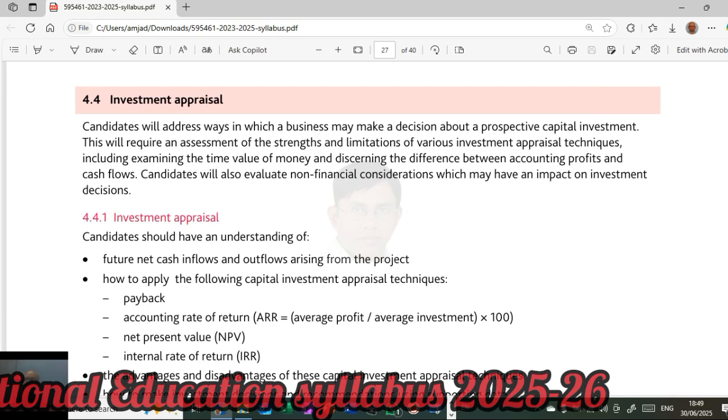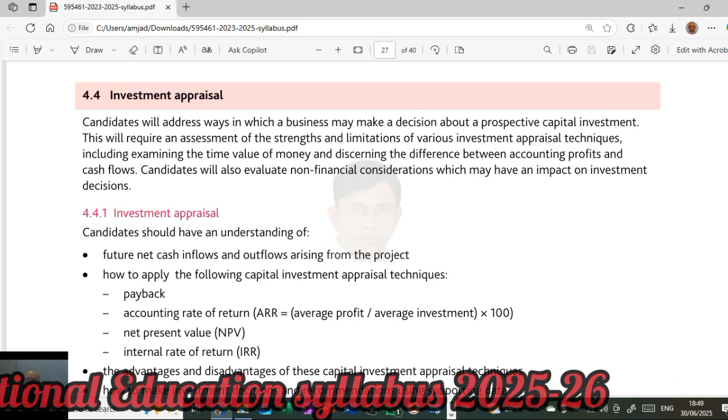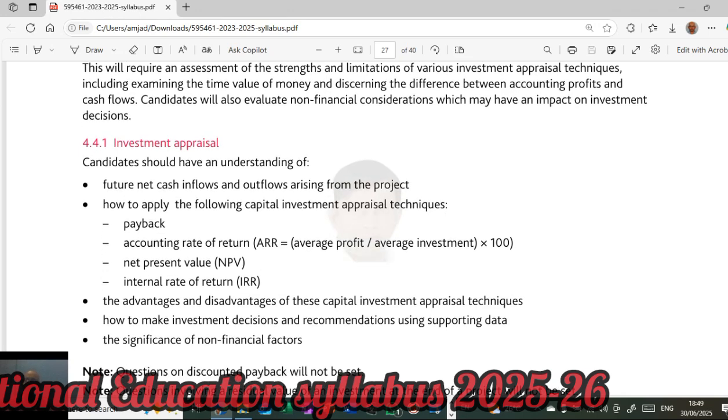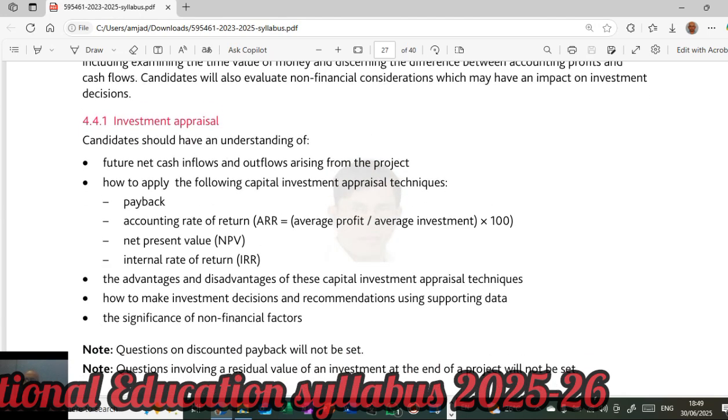It's a very important and very simple topic, but you need to understand the various concepts. You may get confused very often, but it's very simple. There are certain things known as present value, future value, and discounted cash flow, so when to discount and when not to discount. All these things you have to keep in mind, otherwise you will mess up this entire thing. So you should be thorough. Questions on discounted payback will be set.